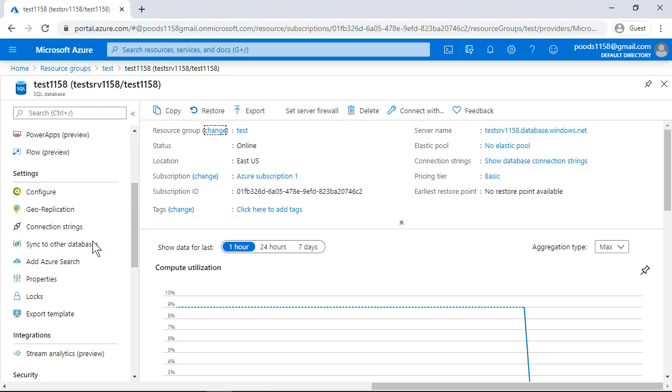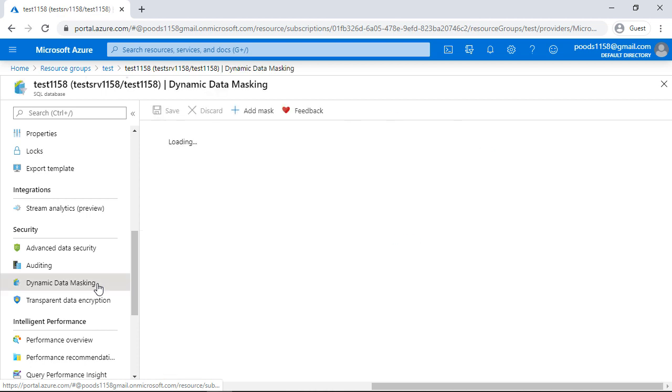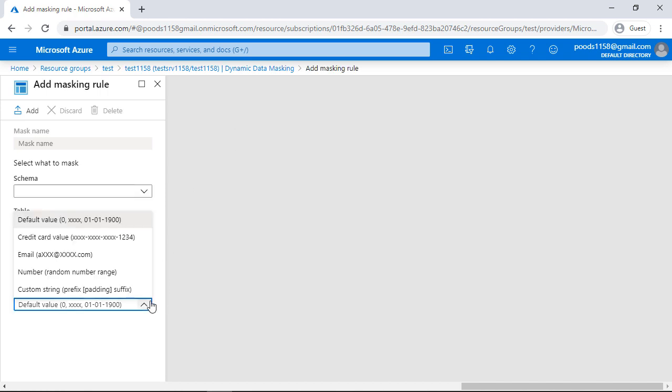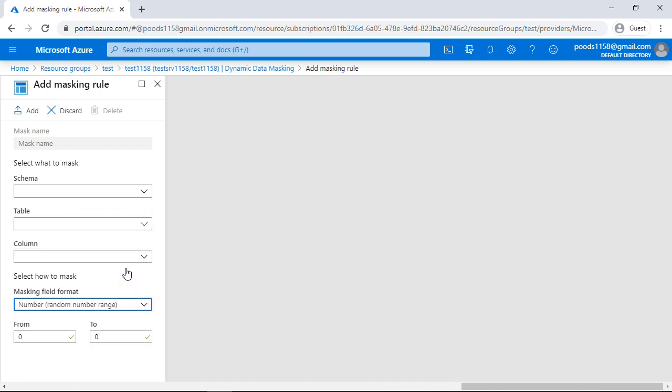Let's go to the dynamic data masking settings in Azure SQL Database to understand whether the random number mask will fulfill the requirement. For any column in a table, you can choose several mask formats. There is the default value, which will mask a value based on its data type. Credit card and email can also be used to mask credit card and email fields respectively. The random mask given in the answer will generate a random value between these two values, and that value will